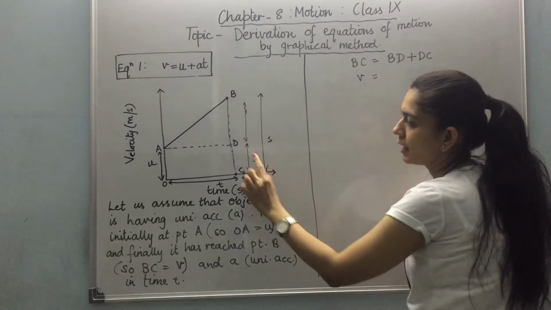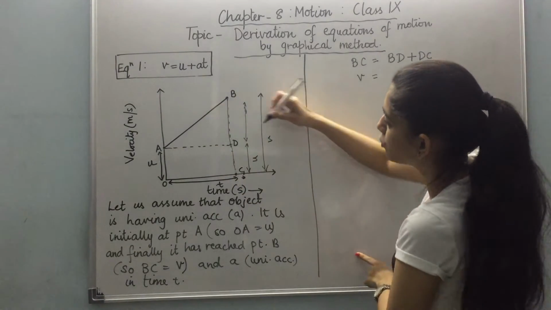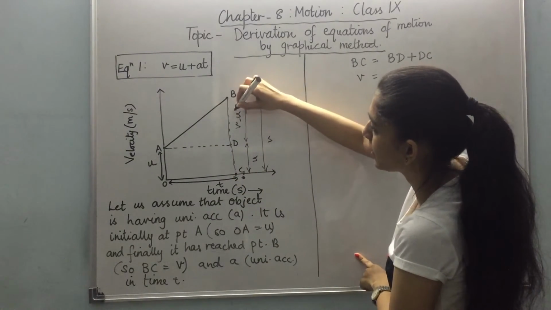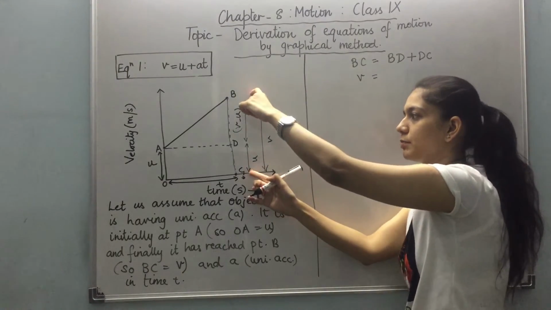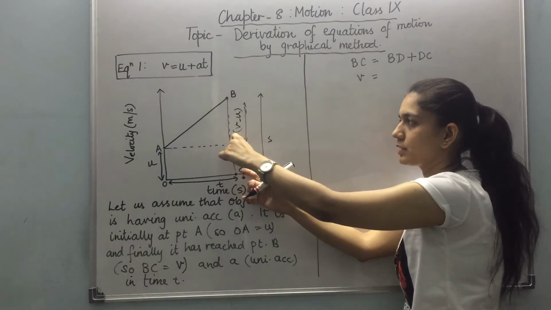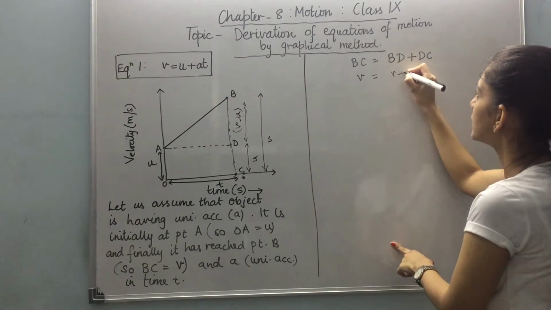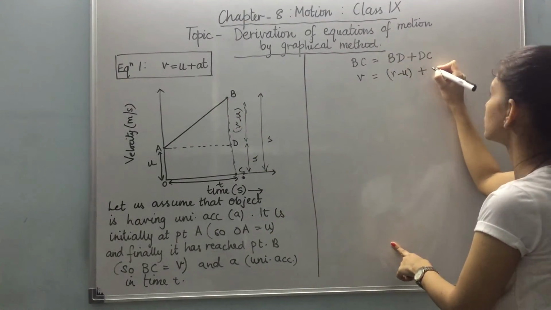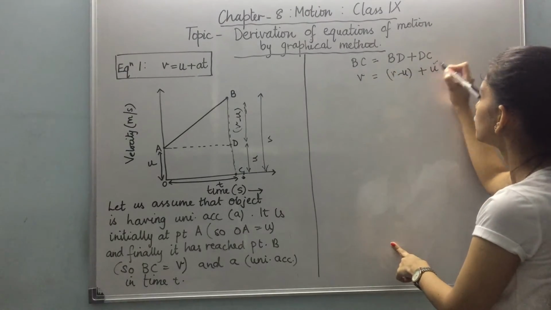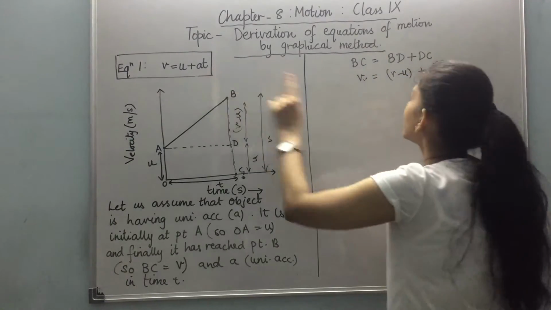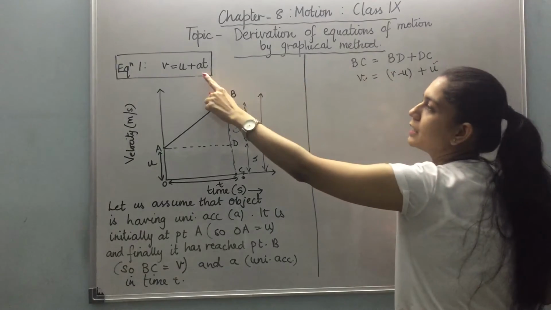ये पूरा V है, ये U है, तो BD की वैल्यू क्या आई हमारी V minus U. इस पूरे V में से ये U minus कर देंगे तो ये क्या बचेगा V minus U. तो हम इसकी वैल्यूज लगा देते हैं यहाँ पे BD की जगह V minus U और CD की जगह U. हमारे को क्या मिल चुका है, U मिल चुका है और V मिल चुका है, यानी कि हमें इस V minus U की जगह AT चाहिए.